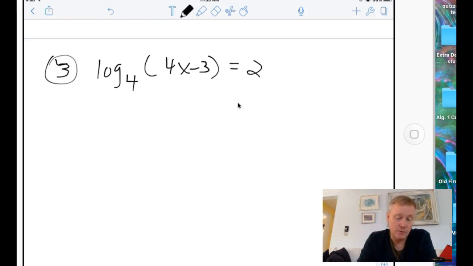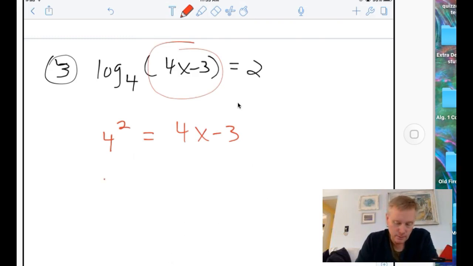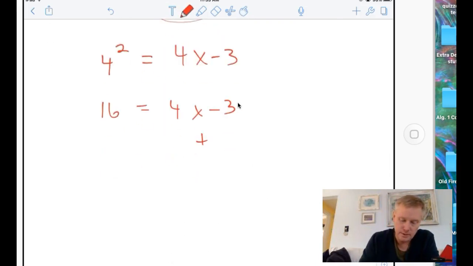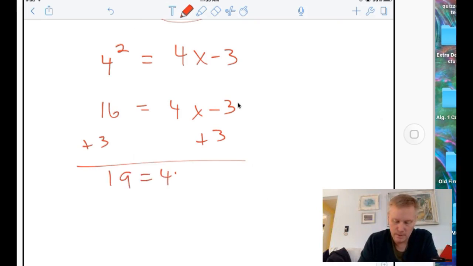So instead, I have the log of one side. I can switch this into exponent form. You know, that's always a nice strategy. 4 to the second power equals that, 4x minus 3. This is actually going to be real simple, real fast now. 4x minus 3 equals 16. I can add 3 to both sides and get 19. 19 equals 4x, and